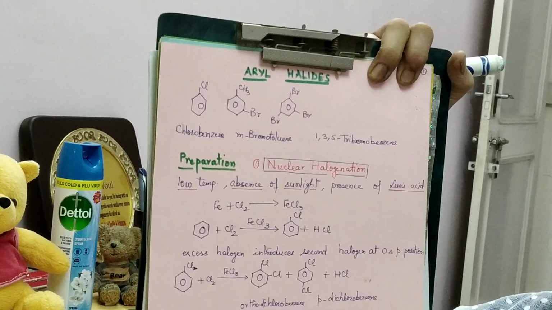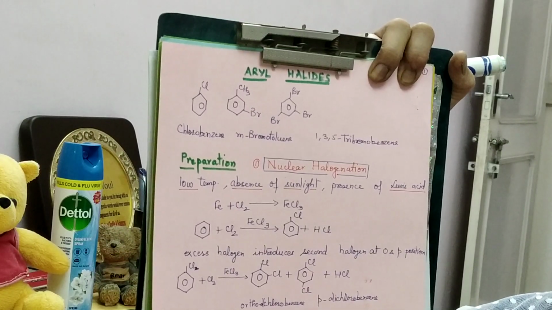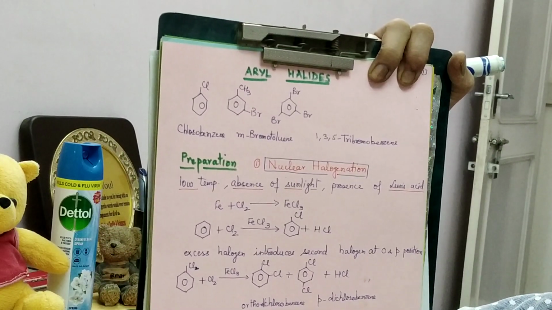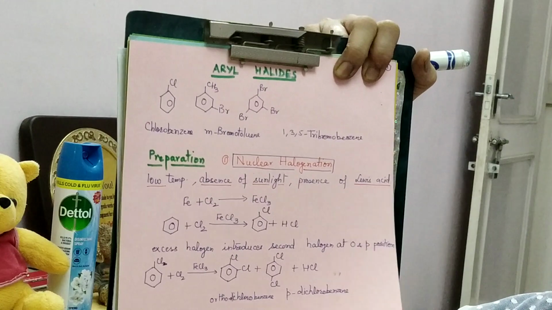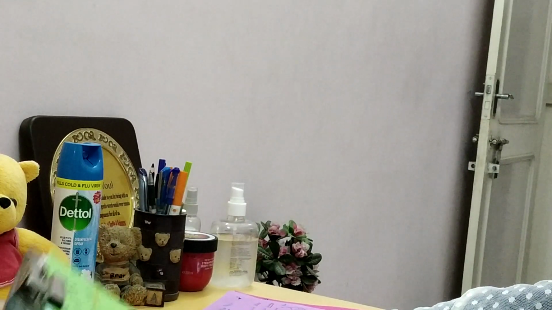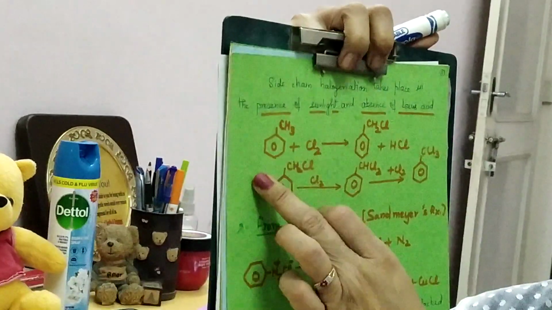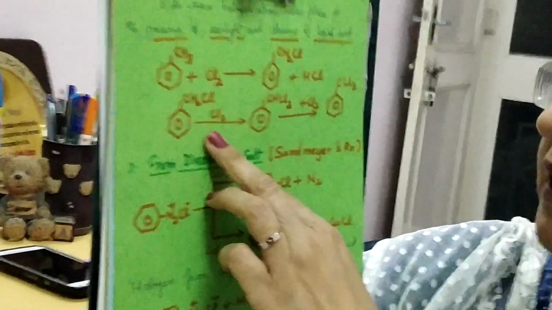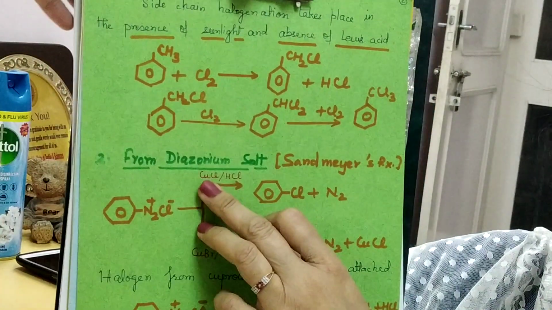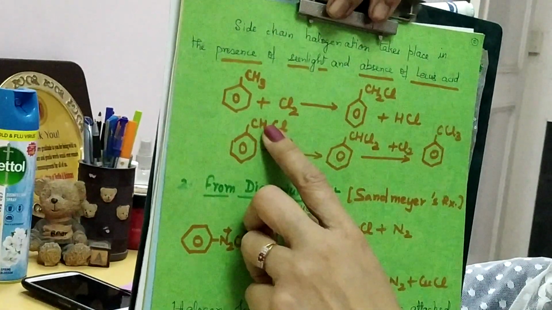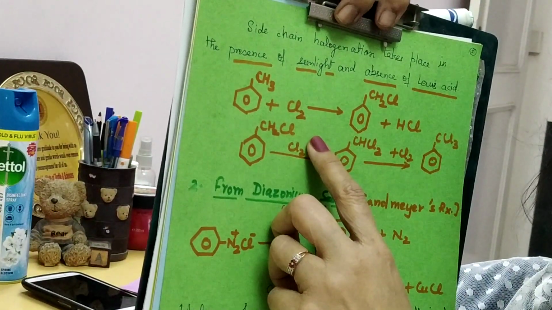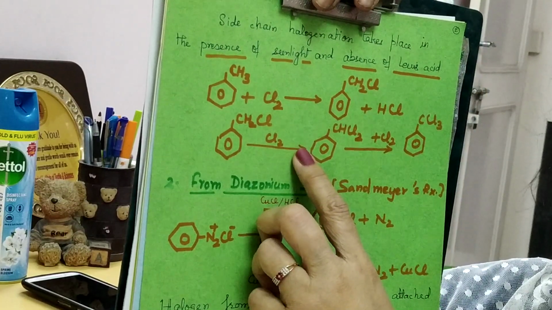Therefore, overall this particular reaction has a few drawbacks, as we had already seen: only ortho and para isomers could be prepared and meta cannot be prepared, and aryl iodides are also a little bit difficult to prepare by this method, as the reactions with iodides are reversible in nature. Similarly, we can also prepare side chain derivatives, but the conditions are going to be somewhat different. In the side chain derivatives, you have to take sunlight, and the halogen carrier is to be avoided.